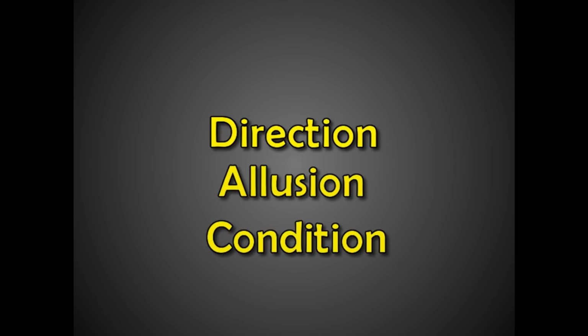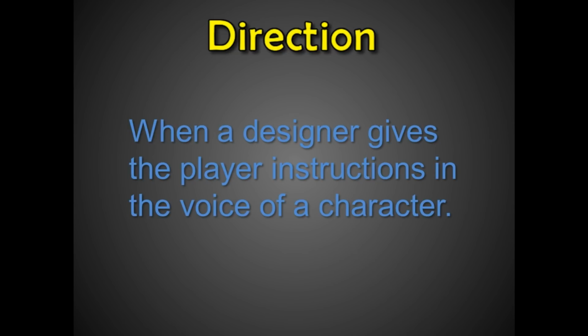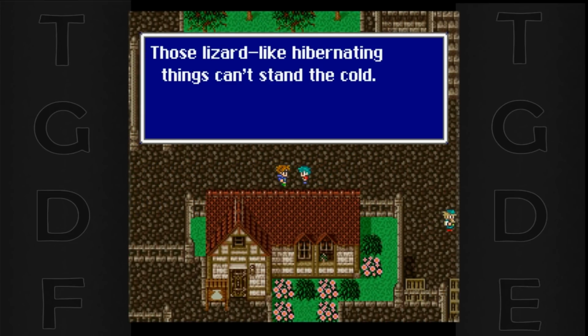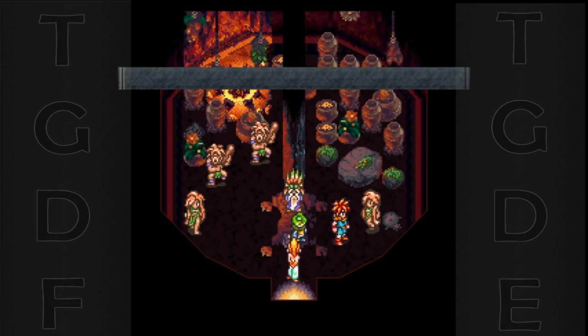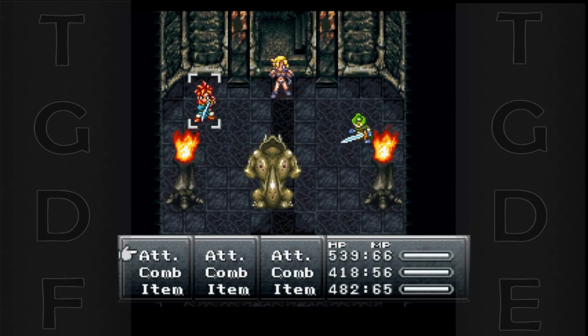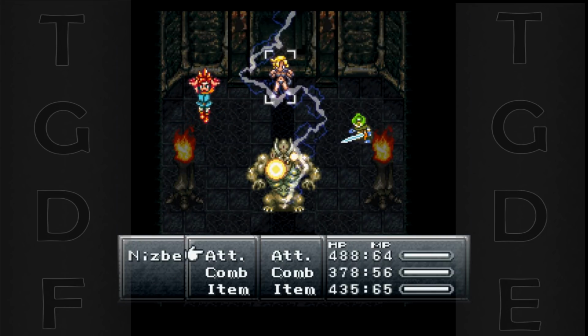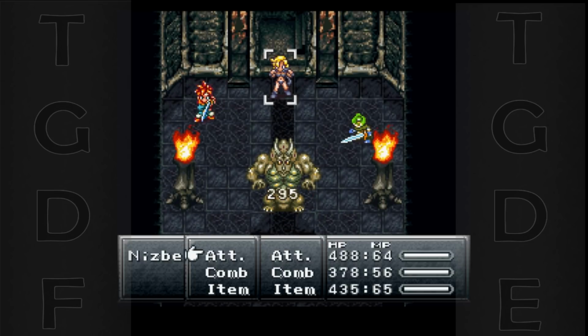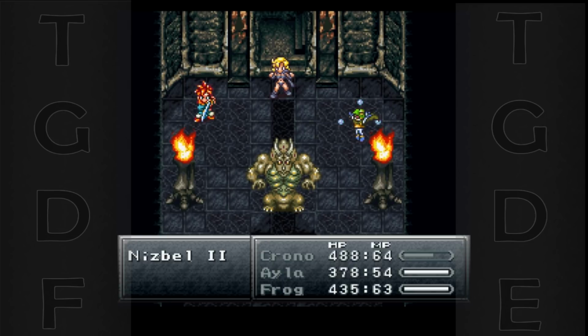Sometimes NPCs come right out and tell the player something clear and useful, but they still say it in a way that makes sense for their character. I call this category of NPC speech direction. This NPC in Final Fantasy V tells the player that local beasts are weak against ice. This villager in Chrono Trigger says the same thing about lightning and dinosaurs. Even though this is an example of the designer blatantly telling the player how to play the game, it doesn't ruin the narrative spell of the game because those NPCs should know those facts, and often they have good reasons for sharing that information with the player character.